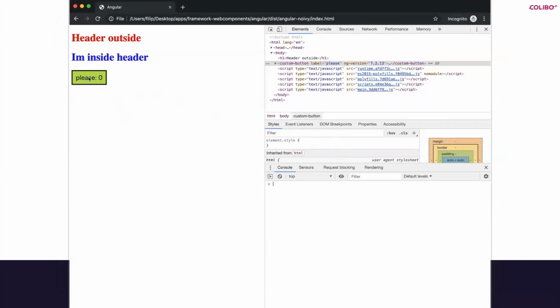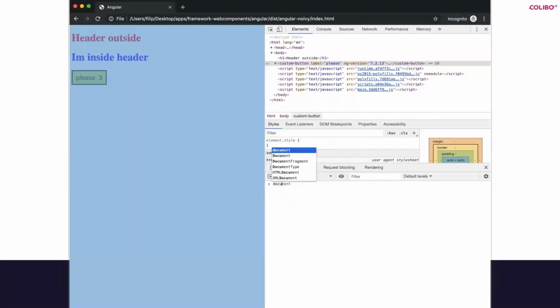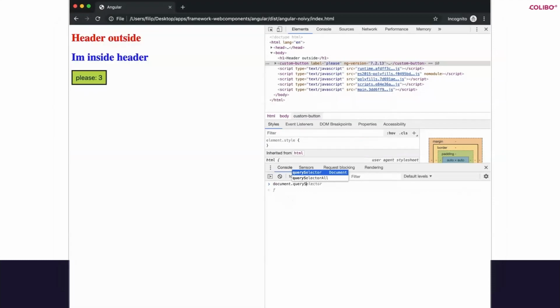So you see that we have a red header and a blue header, and any time we click the button, it increments the counter. If we do a selector and actually find our element and then attach an event listener to it, I should probably speed this video up a little bit, attach an event listener for the action event, and then just log the event to the console, we'll see what's being emitted. Then when we click the button again, we should now get the count every time we click the button. That's how we're going to test that our component actually works.